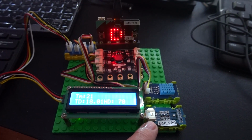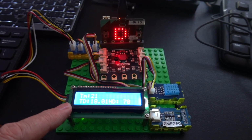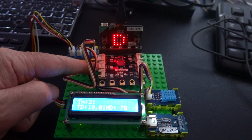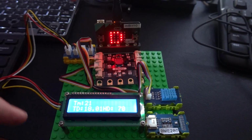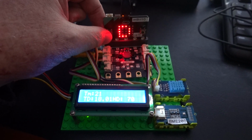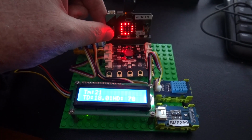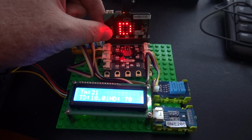And in this configuration, the BME280 and the LCD are both going into an I2C hub, which goes into the I2C port, and it connects to the microbit. So the way this works is that by pressing button A, you can select which set of sensors you want to see. And at the moment, D on the microbit LED display means that we're looking